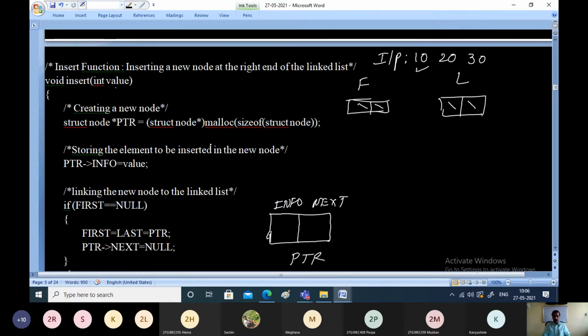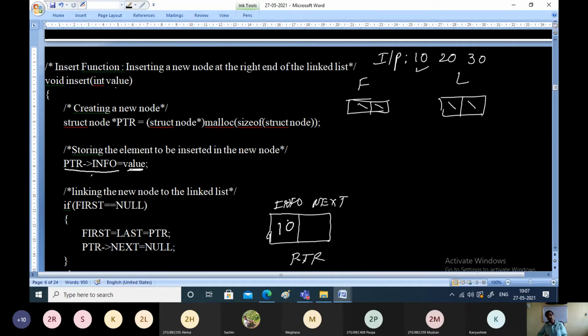Now that value must be stored. Whichever element you want to insert into the linked list, take that value and store it in the information field of the PTR. In other words, PTR pointer info, the info field of the PTR, will get a value of 10.